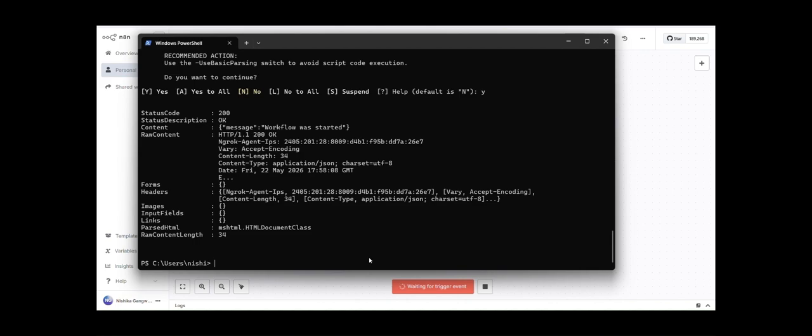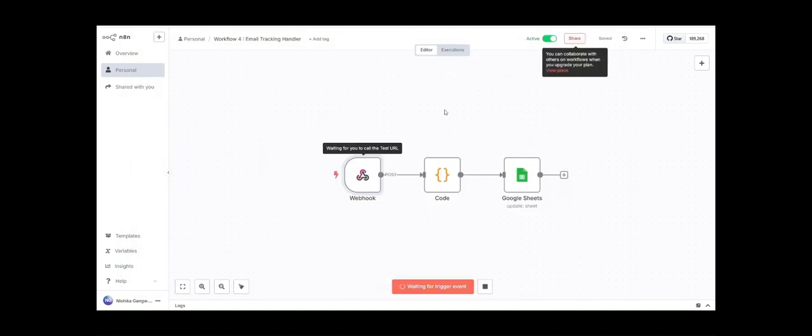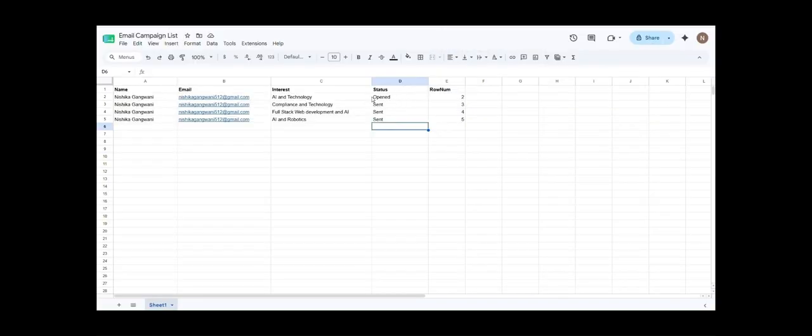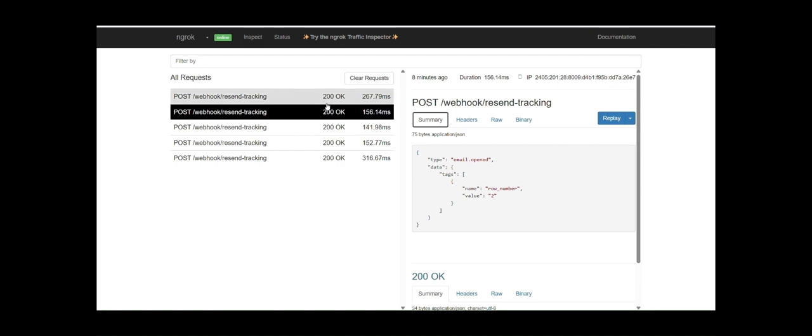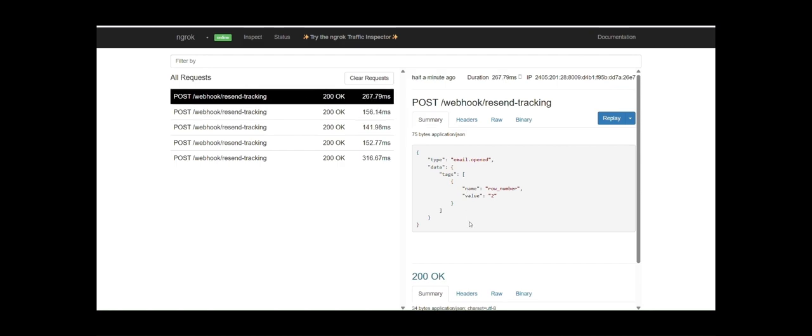Here's how it works. The moment a contact opens the email or clicks the book a free call button, Resend detects that event and fires a webhook, a real time notification to this workflow through ngrok, which is our public tunnel to the local server. It tracks the entire funnel, sent, opened, automatically in real time.